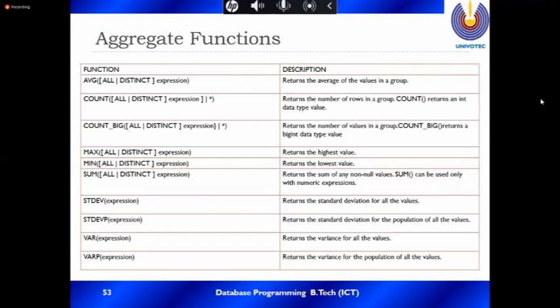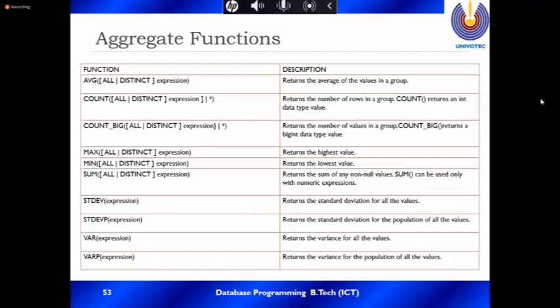Now, the aggregate function average. It automatically adds up a particular column, for example the total salary, because we want to get the average salary. Then it counts the number of rows, how many rows there are. Add all the values and divide by the number of rows. That is the average. We call this an aggregate function.